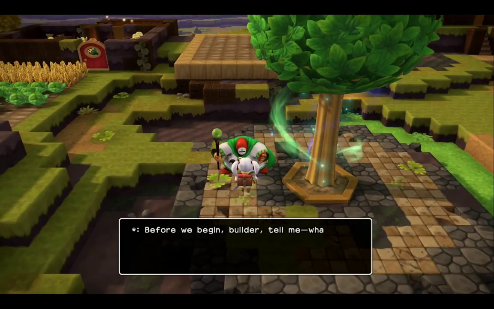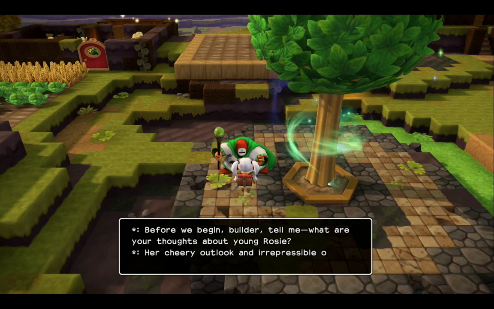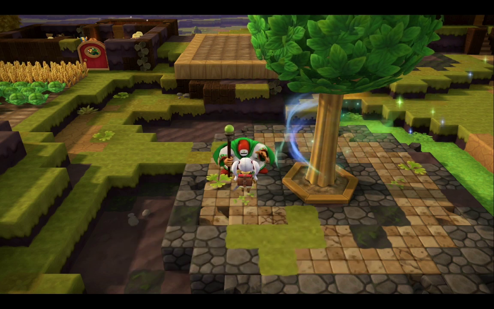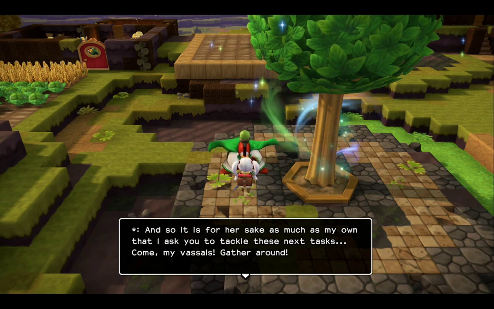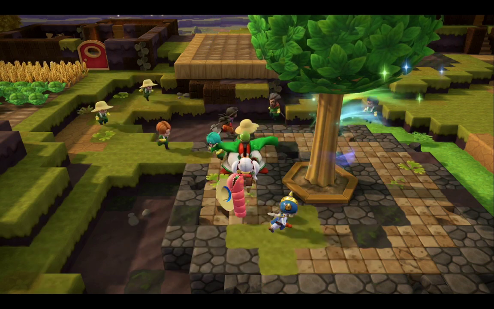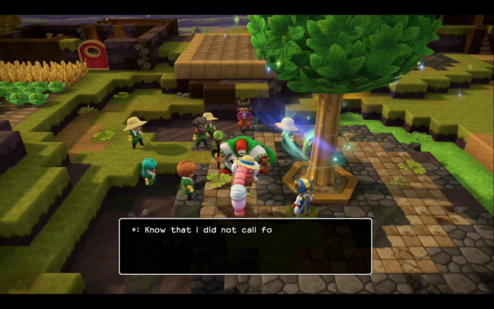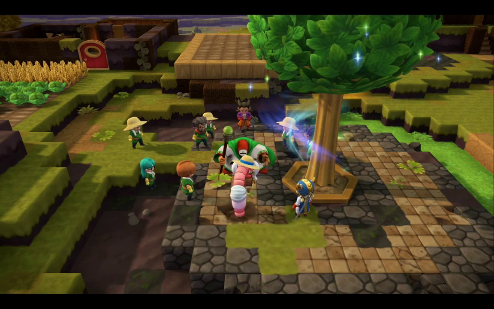Before we begin, Builder, tell me, what are your thoughts about young Rosie? Her cheery outlook and irrepressible optimism make it all but impossible for me to maintain my dark and brooding demeanor. And so it is for her sake as much as my own that I ask you to tackle these next tasks. Come, my vassals, gather around! But first, allow me to offer my apologies for the recent attack. Know that I did not call for my allies to strike. However, the very fact that I am here may well have...